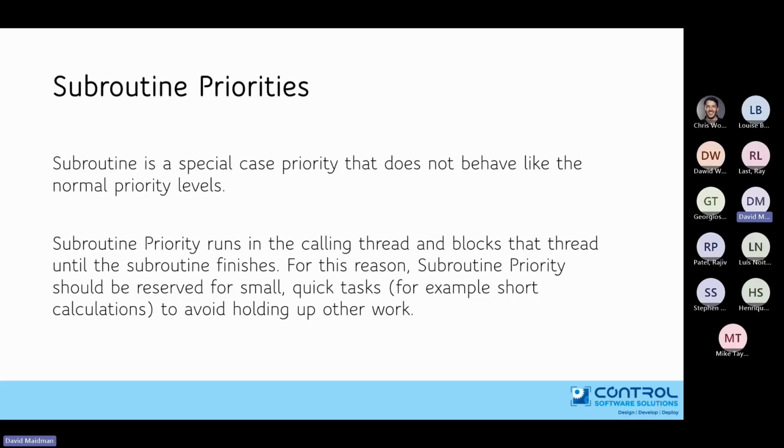So there's no context switching. It will stay in the thread that it's been called from, and it will block the thread. Anything else that's waiting on that thread can't execute until the subroutine has finished its execution. So it's a way of getting it to run really efficiently, really quickly. I would use this with caution